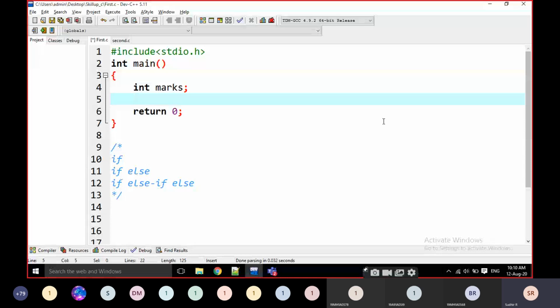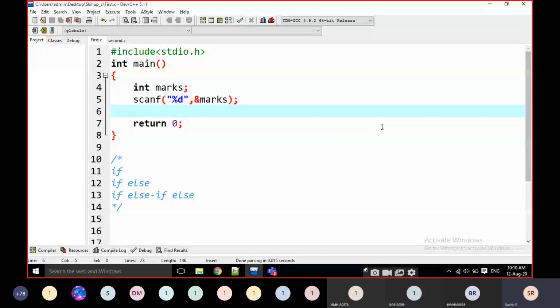For example, scanf percentage d ampersand marks. I am going to write that my qualification mark, for example, is 65. 65 or more, I am going to qualify from this exam, from the competitive exam.